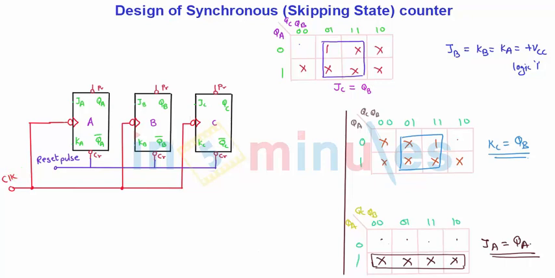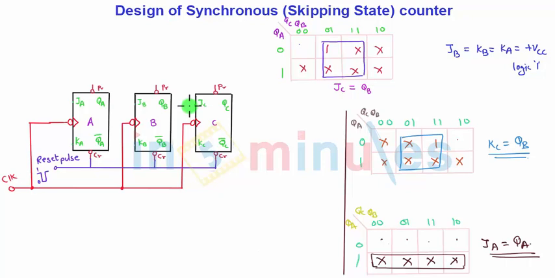So before starting the circuit, or when we power on the circuit, before I apply the very first clock pulse, I will apply a very short duration 0 pulse here. So this will reset the flip-flop, and that is nothing but our reset state, as I mentioned earlier also, and the reset state is 0. So clear pulse will be given to this. So all the flip-flops will be cleared or reset, hence QA, QB, QC will be 0, 0, 0. That is nothing but our reset state, the starting position of the counter. So synchronous clock is given.